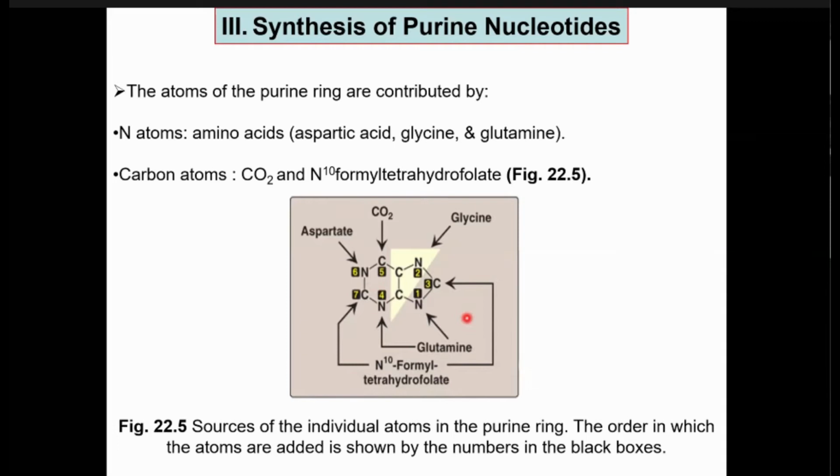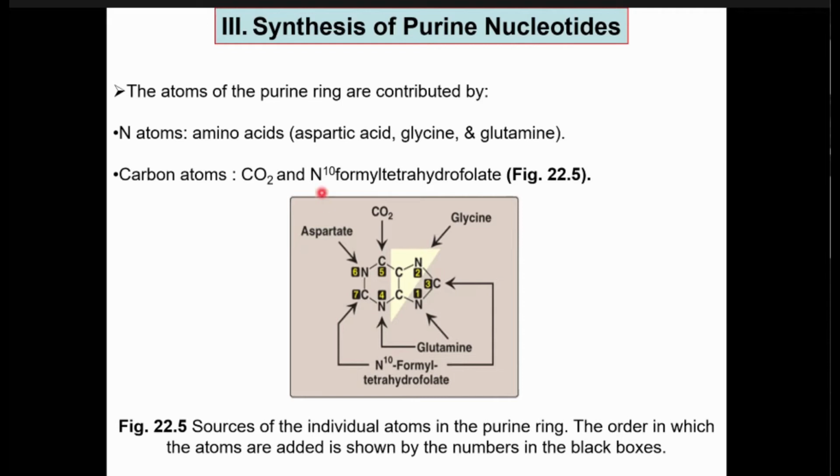So the nitrogen atoms come from aspartic acid, glycine, and glutamine. This is the importance of having amino acids in your diet. You see how important the amino acids are, they are involved in the formation of bases that make our DNA or